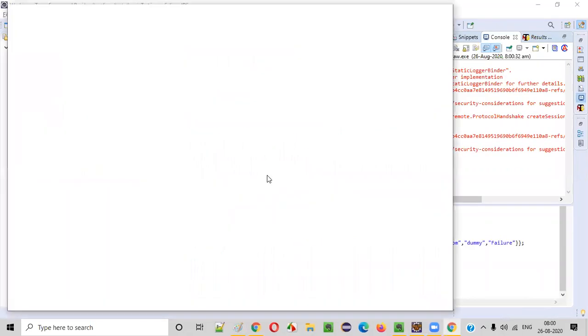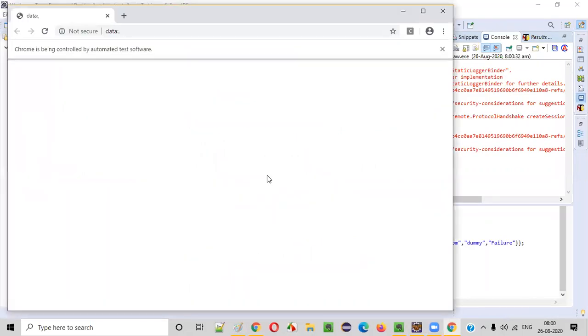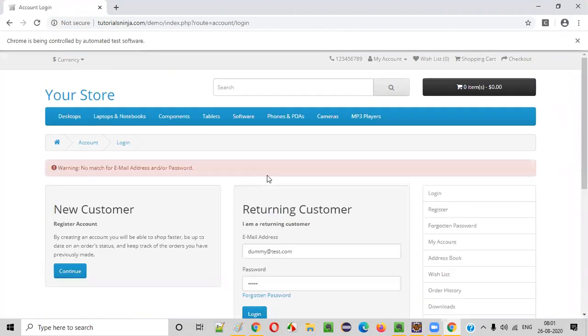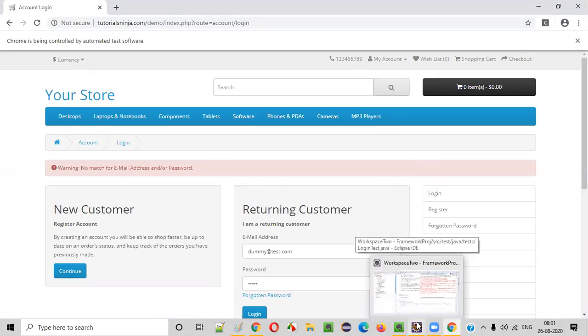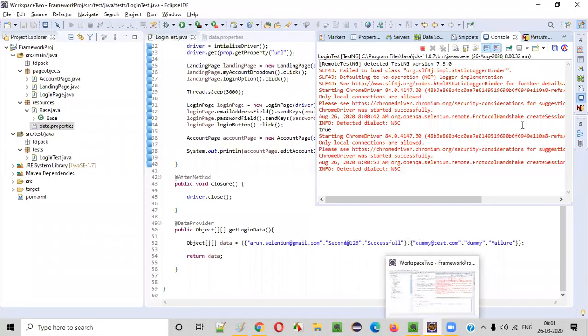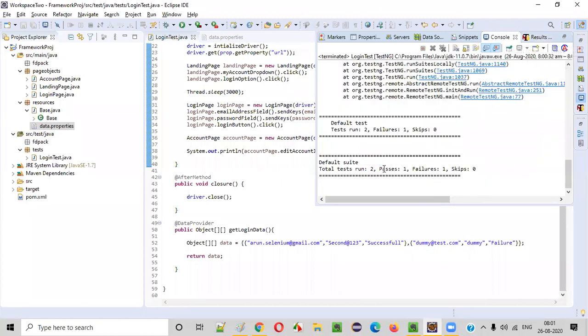You see, first test got printed as true. That means successfully logged in. Now second test is running. The same test running with the other set of data, which is provided by the data provider. You see, something happened and things are not moving. So it will wait for 10 seconds mostly. Implicit wait is implemented for 10 seconds. You see, after 10 seconds, the browser got closed. Nothing got printed here. If you go to the TestNG results, failure is 1, passing is 1.